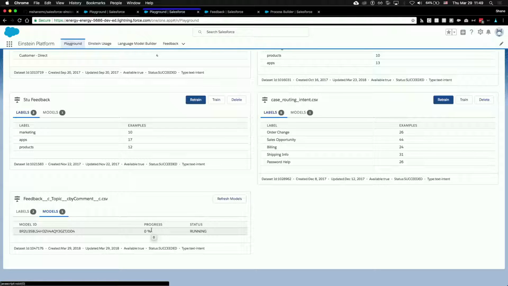My observation has been it kind of stays on 0 for a little bit, and then it stays on 1% for a little bit, and then it gets through the rest of it really quickly. And so rather than take your time on that, I'll show you pretty much what we do with that in our existing previously built model.